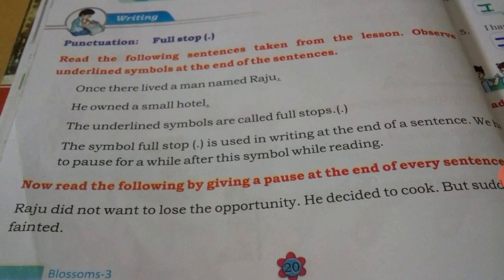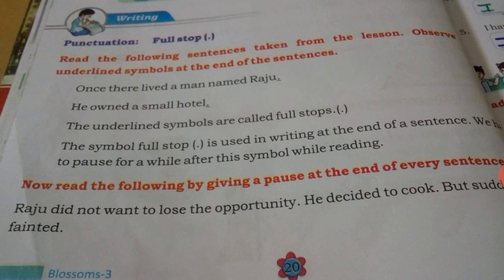I am in third class. I gave a pause because these are two sentences. You should not say, I'm Lata, I'm in third class, he is my father, she is my mother, it is my pet. You should not say it like that, because you already see full stops in the sentences. So after the end of the sentence, when you see a full stop, you should give a stop